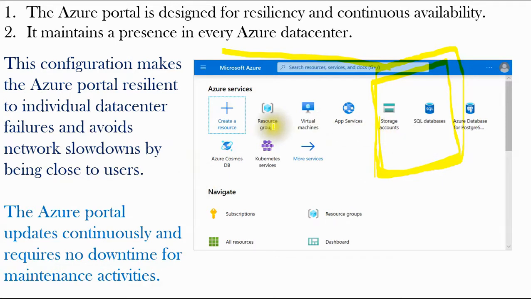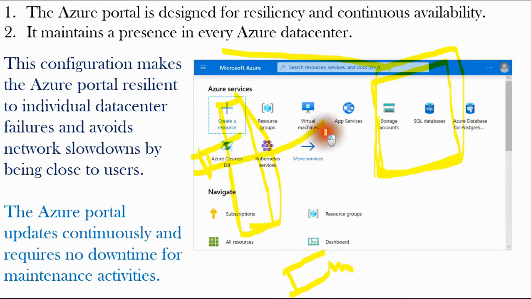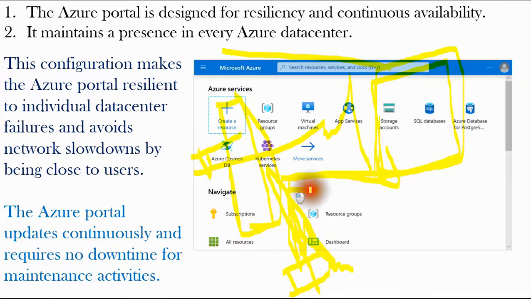There will be multiple data centers at different locations, and if I am accessing from India and this data center is in India, my request will go to this data center, so it will be very close to me, and there will not be any downtime. How? Because if this India data center is down, I would be able to access from another, like one in the USA, so there will not be any downtime.